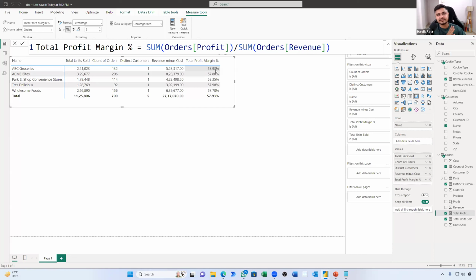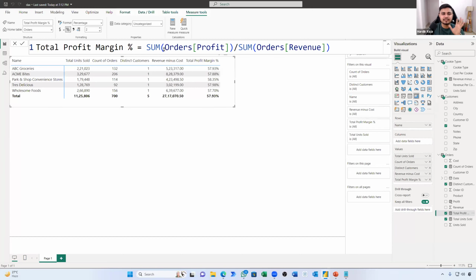Now it's a separate discussion what the gross margin is, what the taxes are after that, what EBITDA is and all of that. If you are in that particular field, you will come to know what I'm talking about. But for generic people, we have got our total profit margin for each customer. Now, is this very simple?